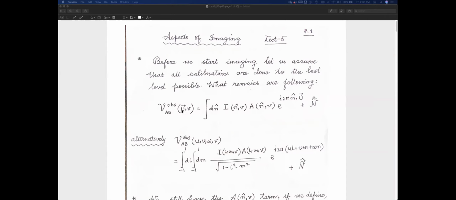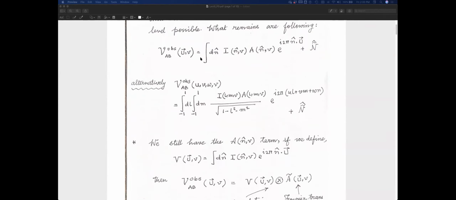And now I can write this as a function of u because the gain is over. So this doesn't depend on the antenna anymore. It only depends on the baseline. So this is the expression. Alternatively, you can also write it, and you can see that I have put in the frequency dependence, which I now write as nu instead of omega, which I was doing earlier, but they are the same thing. Alternatively, I can also write it in the component form in the coordinate system of our choice, which we have discussed many times. And this is how it will look. Remember that these integrals are from -1 to +1.